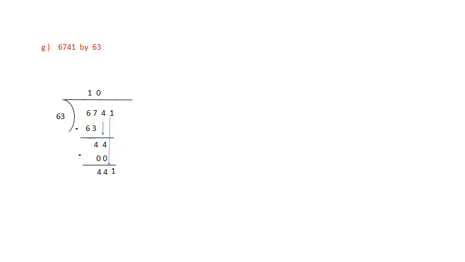Okay, now see here. Student, we will not take the ones place, we'll take the remaining 6 and 44. Now 6 7s are 42, 6 8s are 48. So let's try 7s. Okay, 63 7s: 7 3s are 21, 7 6s are 42, 44, 441. Means 63 7s are 441. So we need 441 only. So we'll write down here 7s are 441. When we subtract, you are getting here 0. That means your quotient is 107 and remainder is 0.